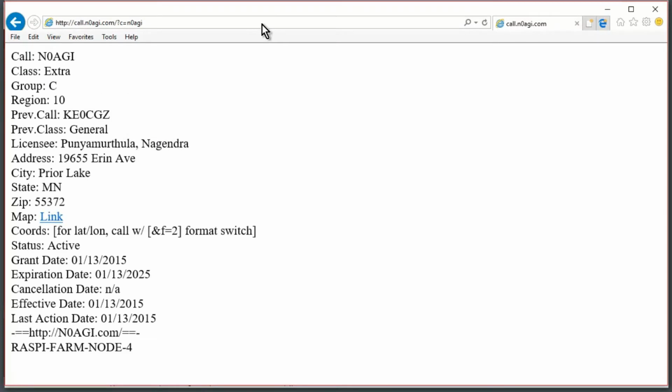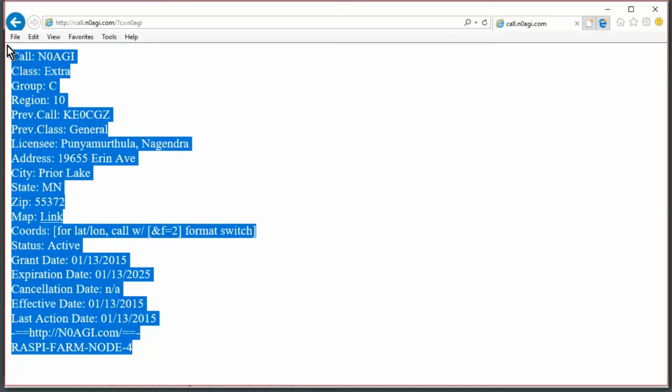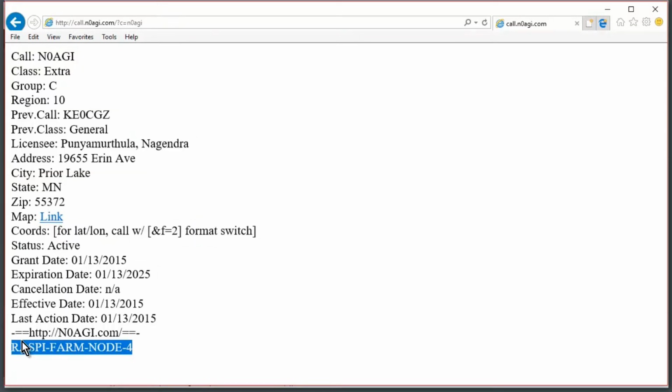What that does is it goes to the broker, and the broker forwards that request to one of the Raspberry Pi worker nodes, and then that worker node crunches the numbers and spits out the output. So this is a quick view of the output coming in from one of the worker nodes. And you can tell from the footer I added which worker node responded to that request. Now if I issue the request again,